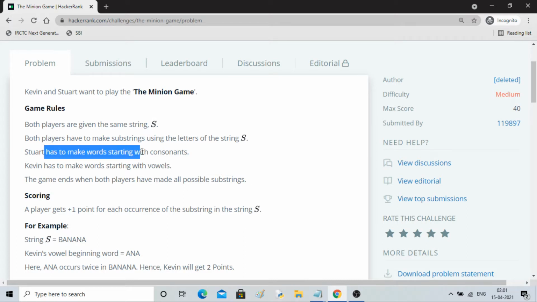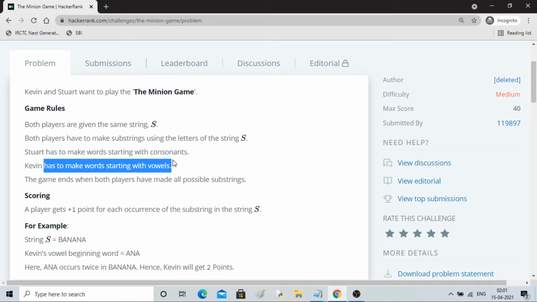Stuart has to make words starting from consonants, and Kevin will make words starting from vowels. These two are very important conditions.